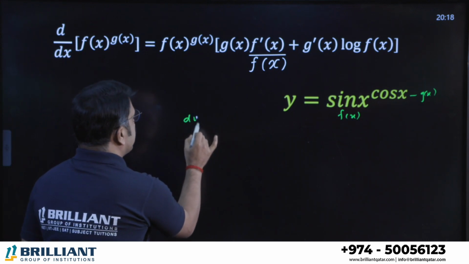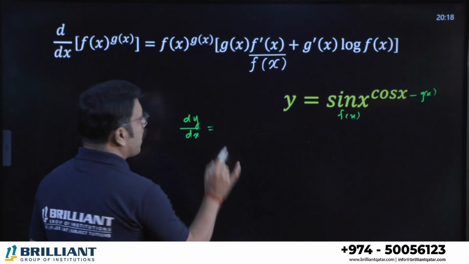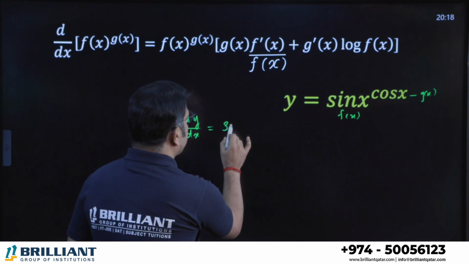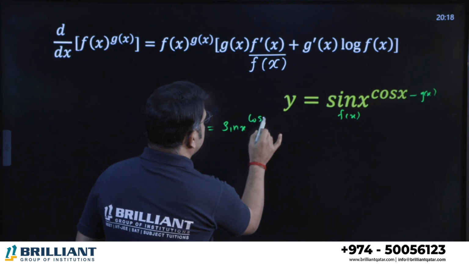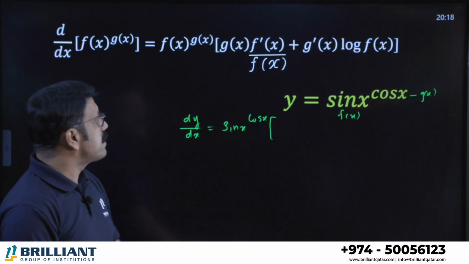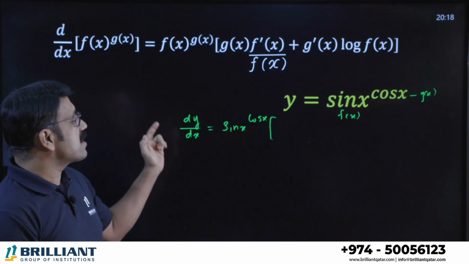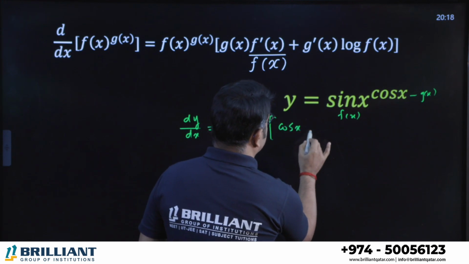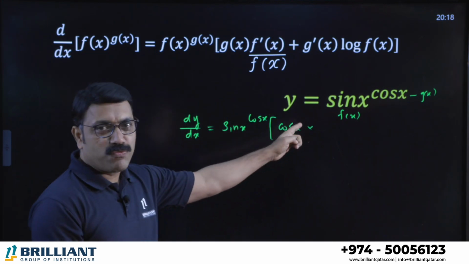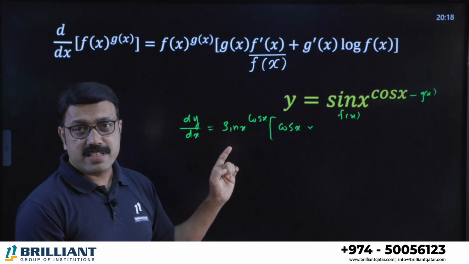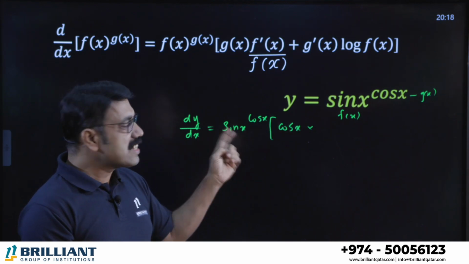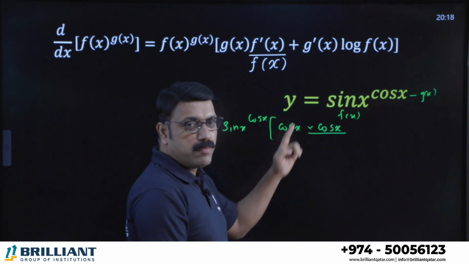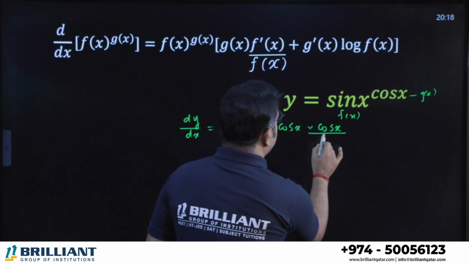dy by dx is equal to the same function we want to write first. What's the same function? sin x power cos x into the derivative of the other. Inside the bracket what we want to put there: g of x, we want to keep the same g of x, the g of x is cos x, into derivative of f of x, or f dash x. f dash x here, f of x is sin x, right? Sin x derivative is what? Cos x. Cos x divided by the same f of x needed once again,